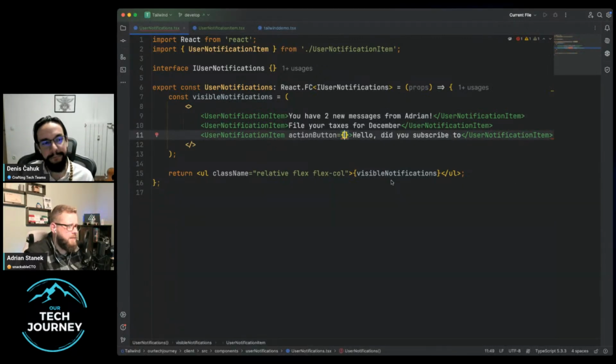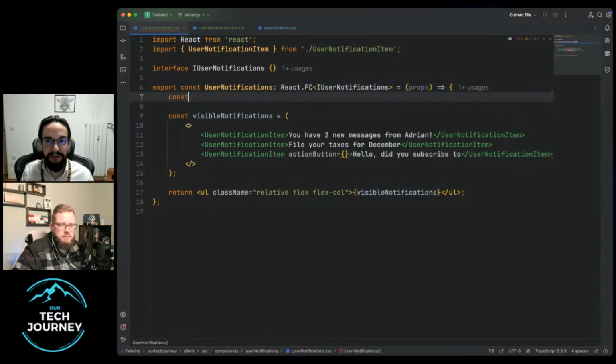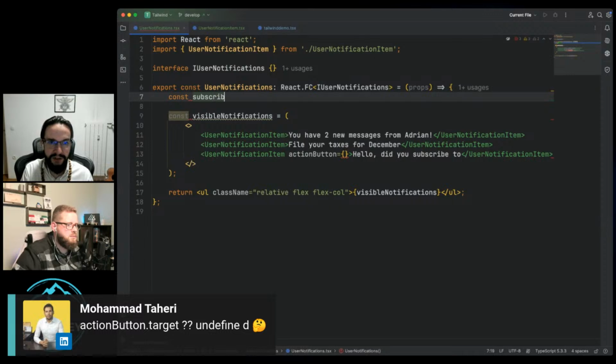Okay, and here's the point. This is now ugly if you want to just have markup. If you would just create a website and do it all manually, it might make no sense. You need to have a programmatic approach for this in order to make sense. So we need to start to map something now. Exactly. So it doesn't make sense to do this inline, but I only have one element. So I might cheat and say, let's define it. So the subscribe notification. Yeah, this is what I mean.